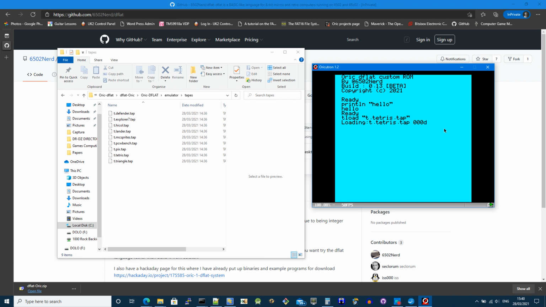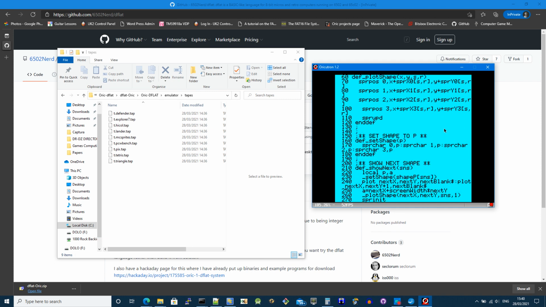If we want to speed that up on the emulator, you can press F6, which will basically maximize the speed of the emulator, and that avoids us a huge wait. It's loaded, but you can see the cursor is flashing really fast, so press F6 again to get back to normal speed. Now we can list the program if we want to, and there you can see the program,